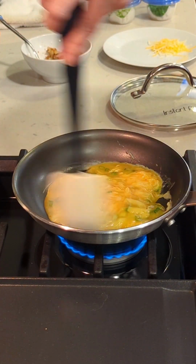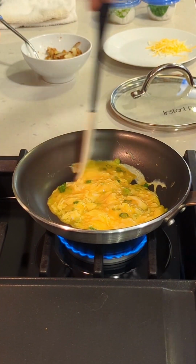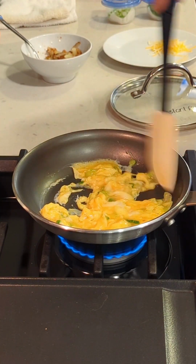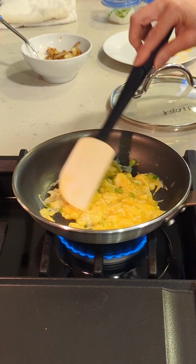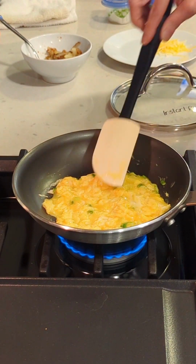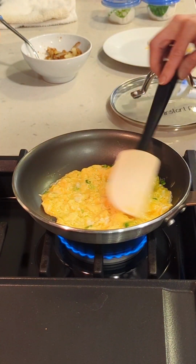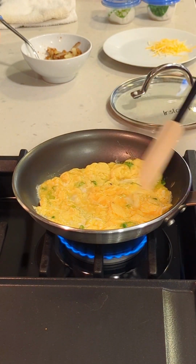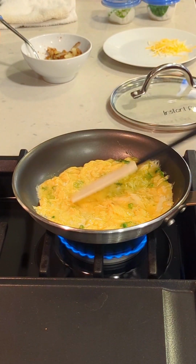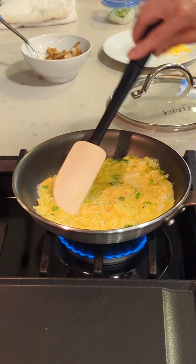You're going to keep going until it's about, I'd say 3/4 of the way to where you like your eggs cooked. 2/3 to 3/4. And when it starts to get to the point where it's starting to look like it's getting solid, you're going to spread it out in the pan as much as you can. If you go up the sides a little bit, that is absolutely fine. You don't want any pools of egg anywhere. If there are pools of egg and it's still too wet,